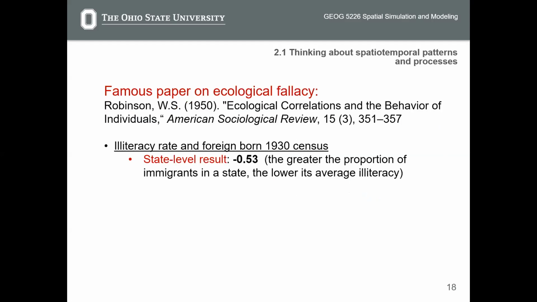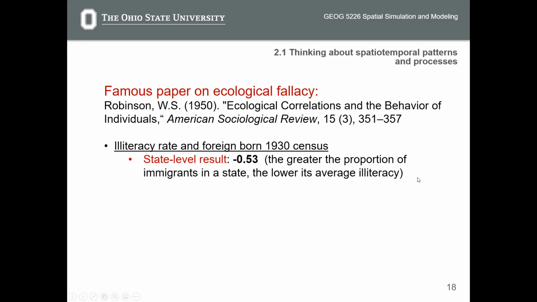Okay, and there is another famous paper on ecological fallacy, ecological correlations and the behavior of individuals. This paper discussed the illiteracy rate and foreign-born in the 1930 census. There is a very famous conflict here. The state-level result of the census shows that the greater the proportion of immigrants in a state, the lower its average illiteracy, which means that